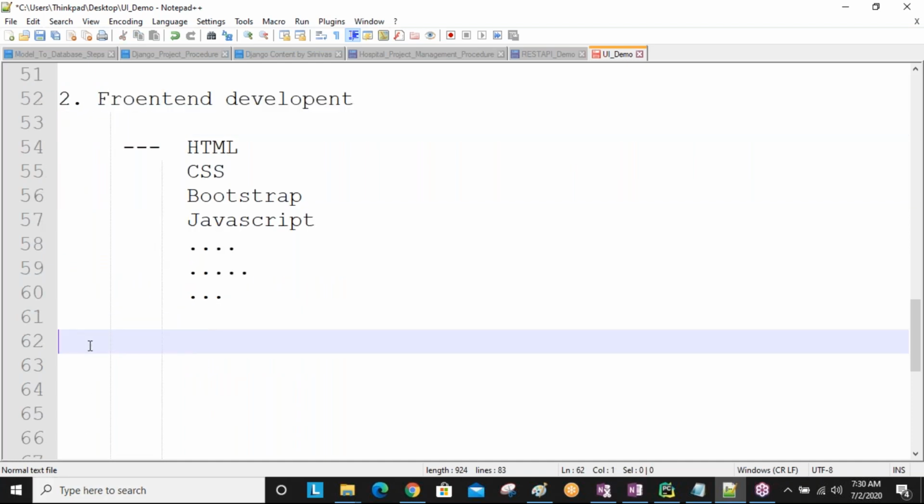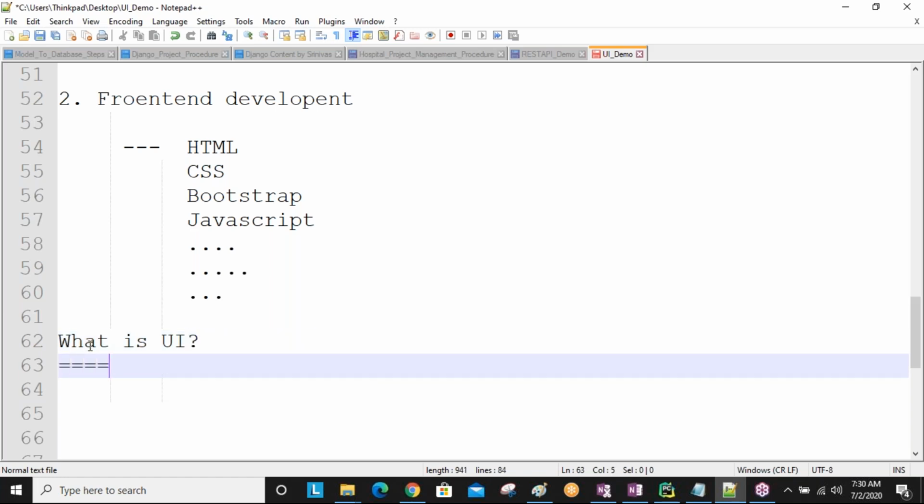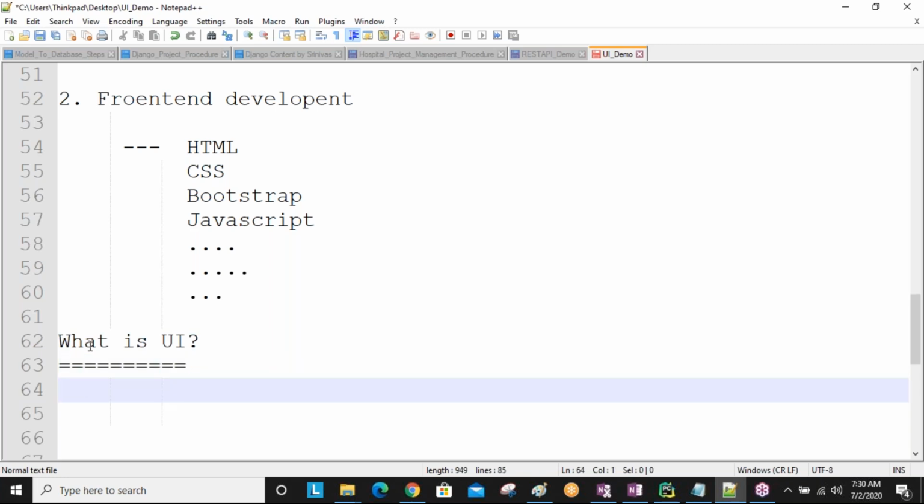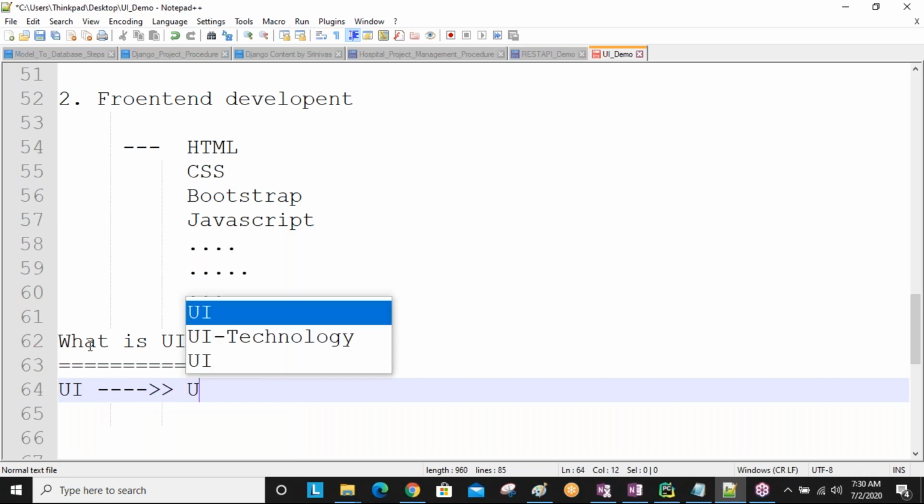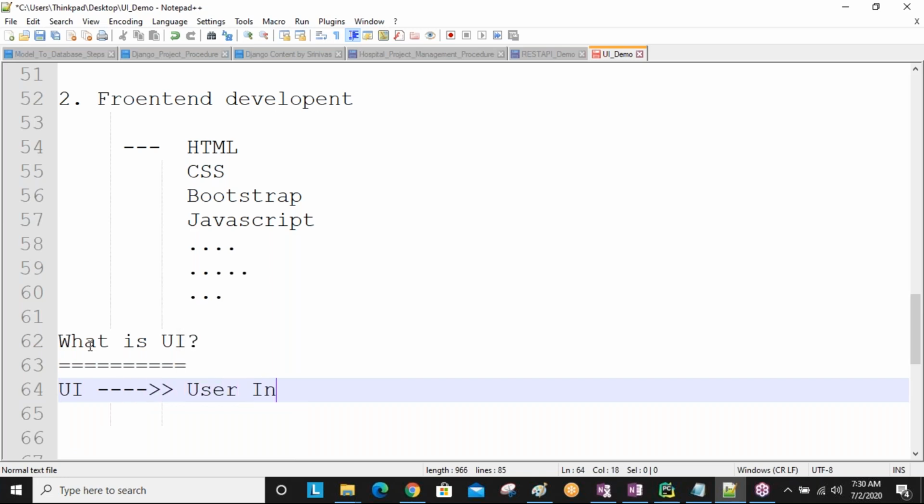What does UI stand for? UI is nothing but user interface. Are all of you getting my voice? Yeah.